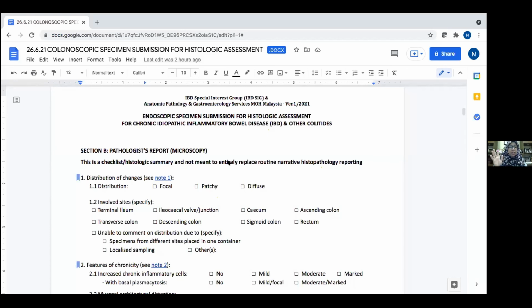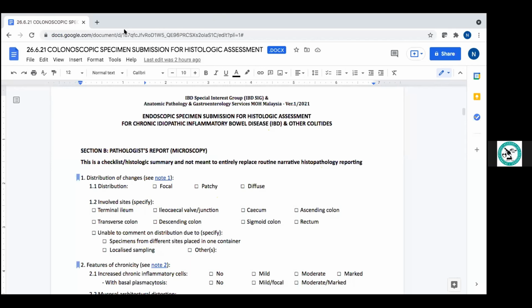The other thing that the main differential you want to exclude, because the patient is immunocompromised in that sense, is to exclude CMV infection. That's a very important differential. So of course, look for the inclusions and do your CMV immunostain. But in immunotherapy, the history would be